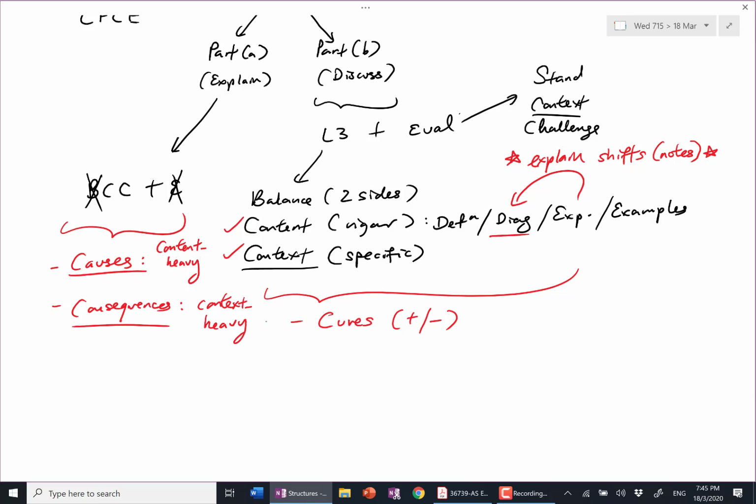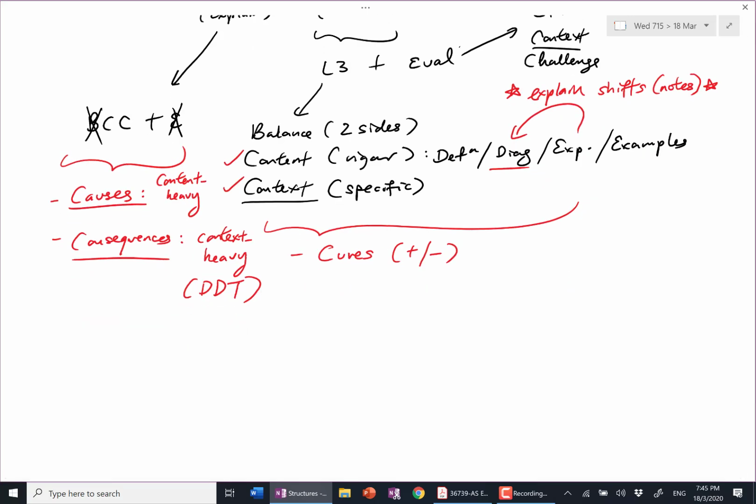Okay. How is it context heavy? Precisely because of VDT. The question can vary the direction, the dartboard, and the trend. Okay. Any questions? At least from here, I want you to see how